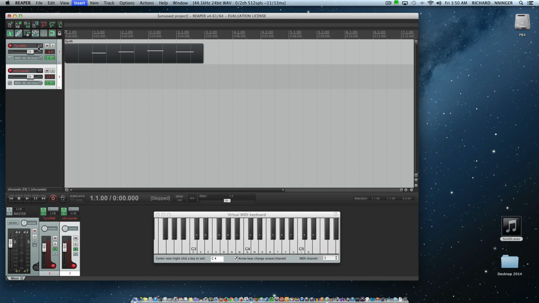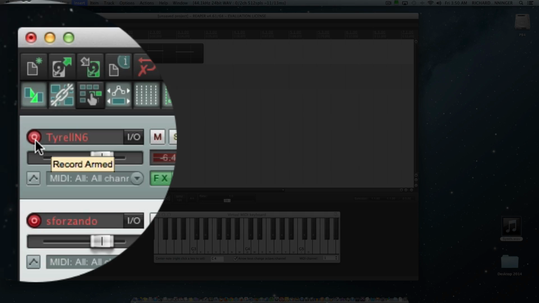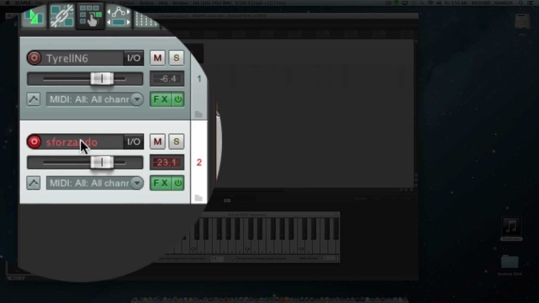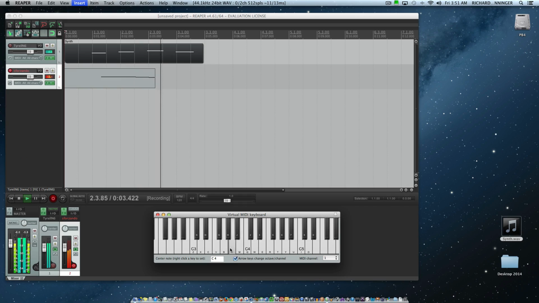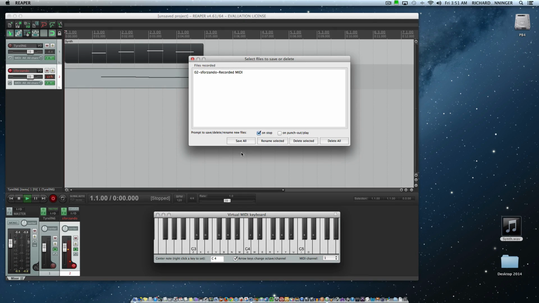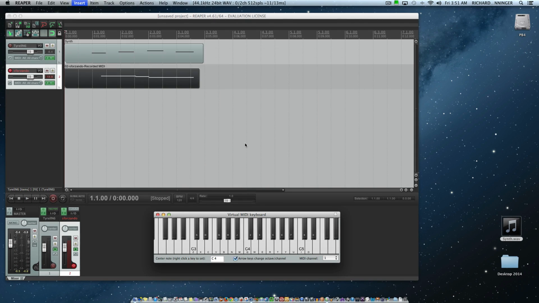Now, important thing up here, you don't want to record on both tracks, so you're going to have to unselect or deselect the Terrell N6 record button here. So now all I should be hearing is the Sforzando right here. Then I'm going to go back, hit record, and I'm going to put this part in. Save all. Again, nothing great, but the idea with this exercise is I want you to understand how to